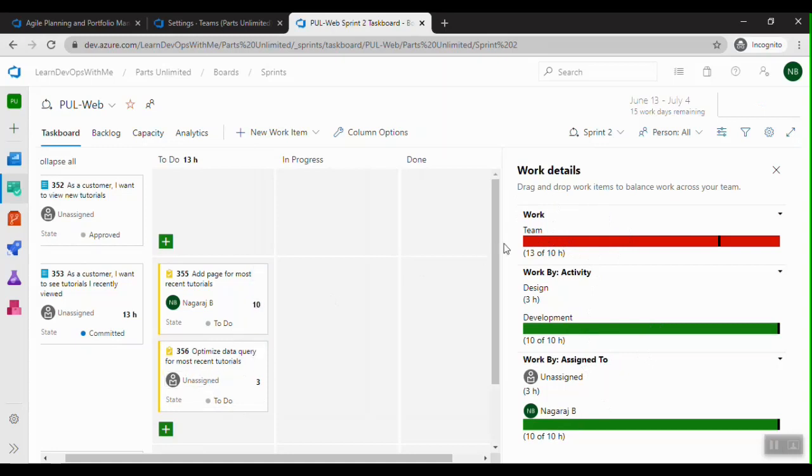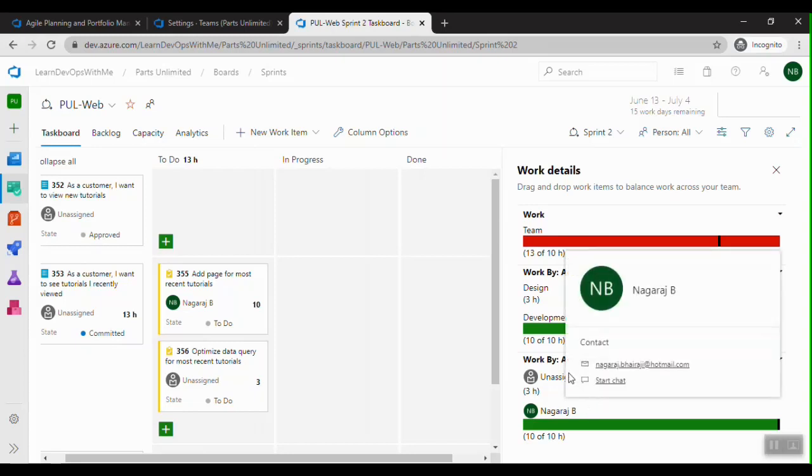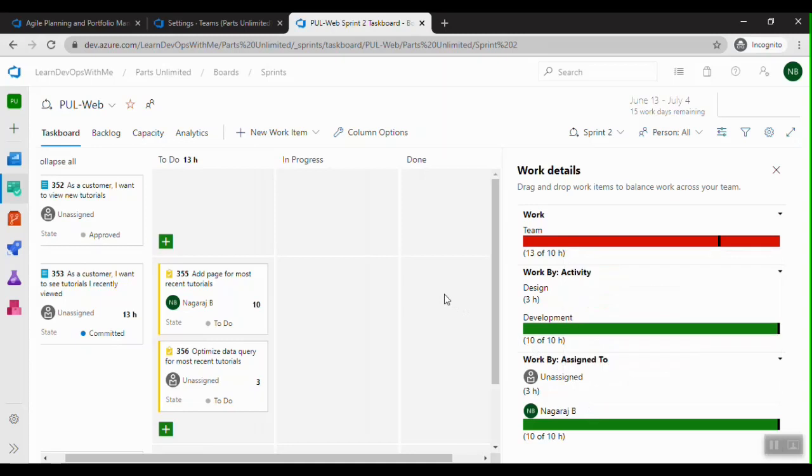So the total is 13 hours, but the entire team capacity is 10 hours. This way it's very easy to identify the status, and whether the resources are properly utilized, overutilized or underutilized. All those things we can see, and also we'll come to know whether we'll be able to complete all these tasks in this sprint.